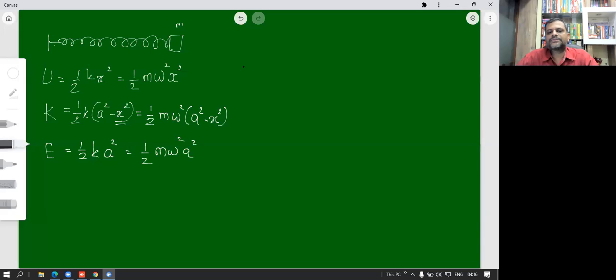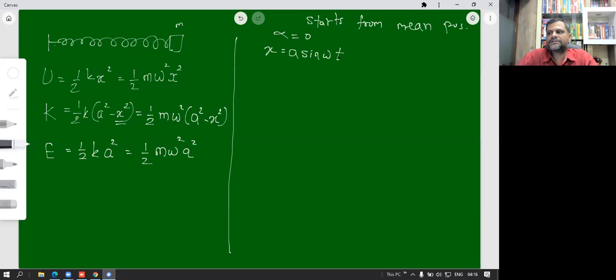If the particle starts from mean position, see here the expression for potential energy and kinetic energy when the particle starts from mean position. Okay, तो अगर पार्टिकल मीन पोजीशन से स्टार्ट करता है तो हमको पता है ऑलरेडी अल्फा 0 होता है, जैसे कि हमने अभी भी लास्ट टाइम देखा था. तो उसकी वजह से यहाँ पे क्या होता है कि अल्फा 0 होने की वजह से इक्वेशन just get modified. The equation of SHM is modified as x is equal to a sin omega t, ऐसा बन जाता है,